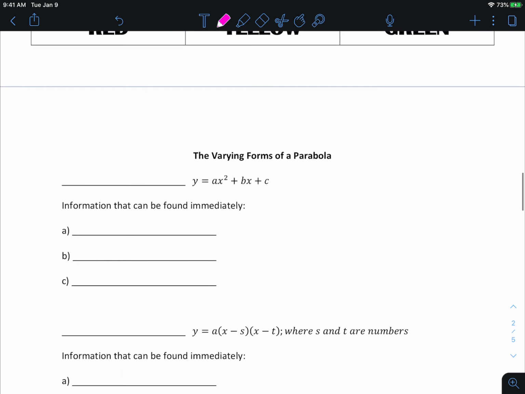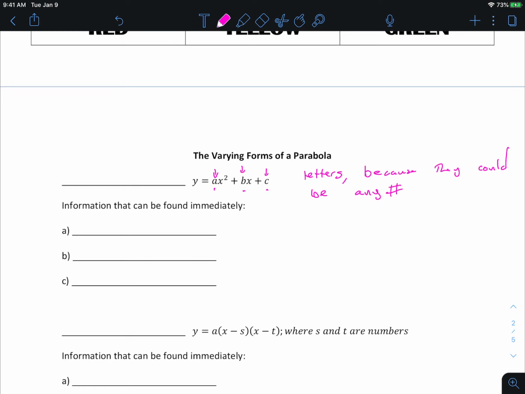Okay, that's just this with letters in it. Instead of having a number where that is and a number there and a number there, it's just letters, okay? And they're letters because they could be any number. But they're different, right? That's why it's A, and that's why it's B, and that's why it's C. Okay, so this one here